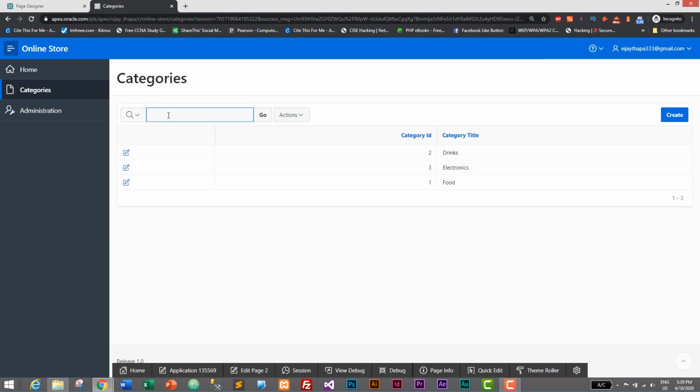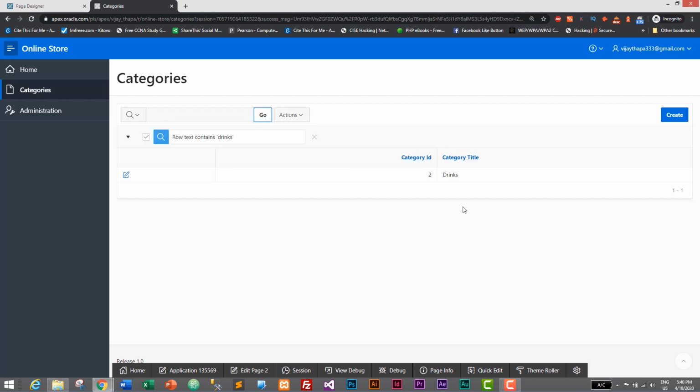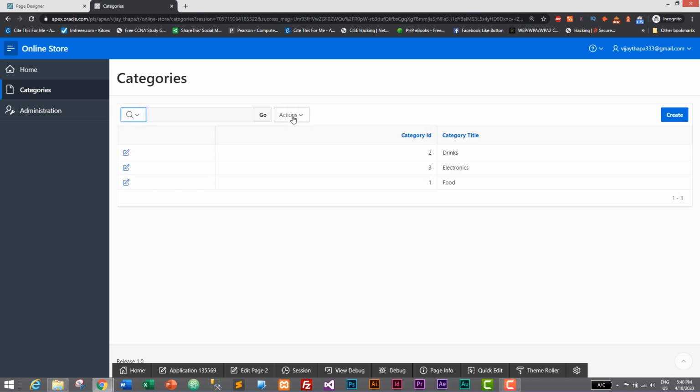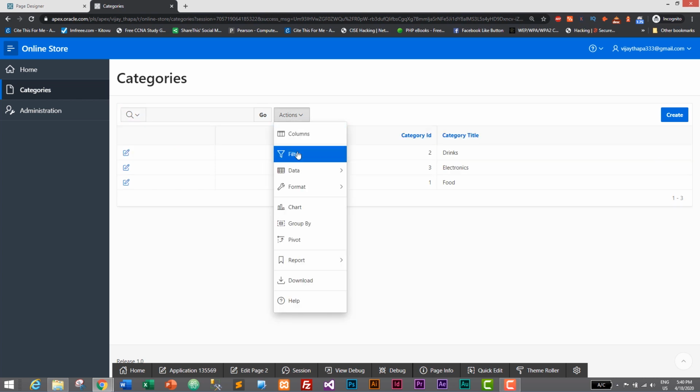And from here you can also search, like let's say for drinks only, and it will only search for drinks. We have multiple options. You can search with category ID or category title only, or you can search based on all columns. You also have other options, like when you go in actions, you can filter data like in an Excel sheet.